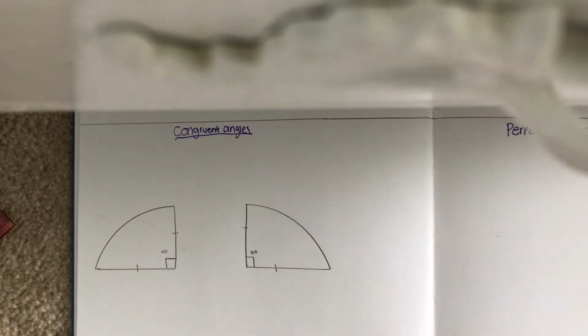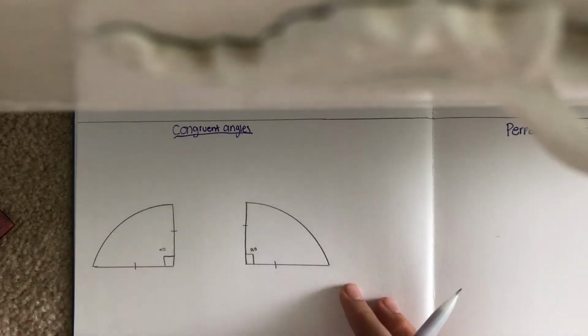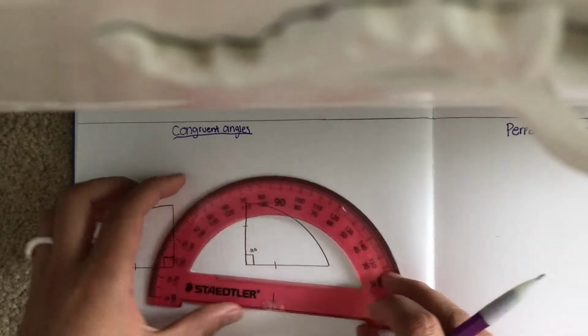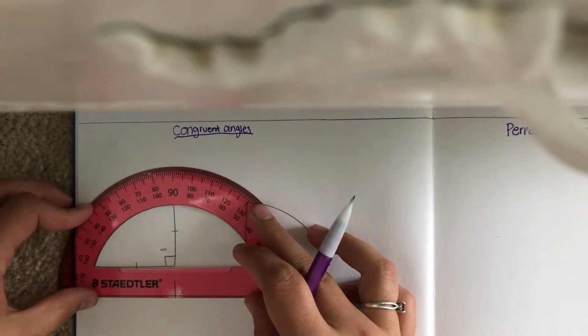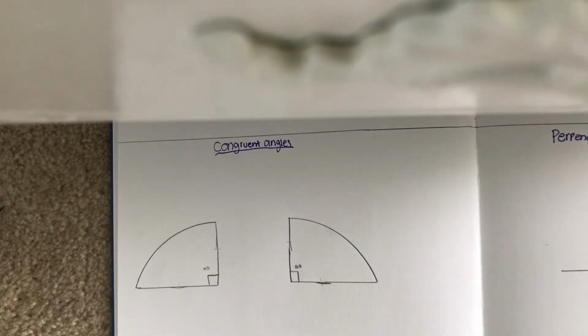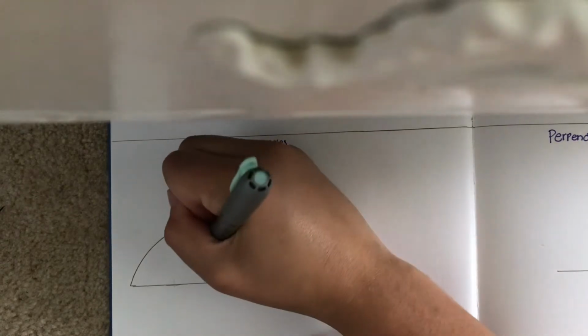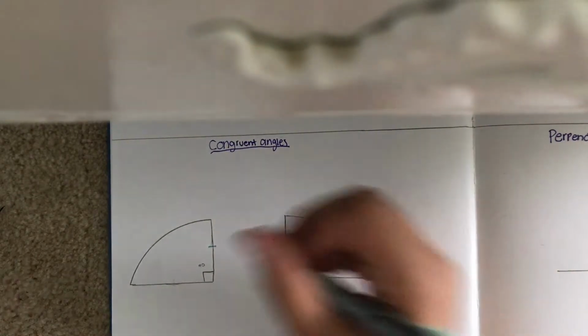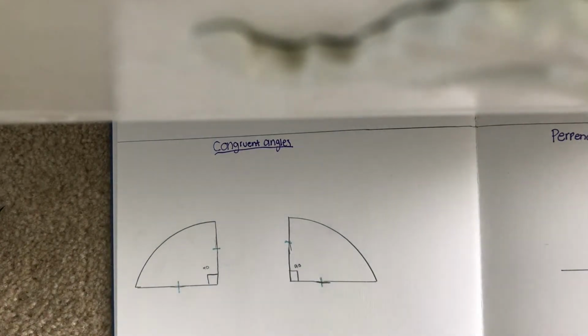If you want to do something else, you could change them up a little bit by saying, okay, I'm going to make this one like 30 degrees or something. If we were to put any marks on this one, I would put 2 right by the angle, right here on each of them, just to symbolize they're congruent, because in congruent angles you usually mark them. If you have to do proofs, you usually say this one's congruent